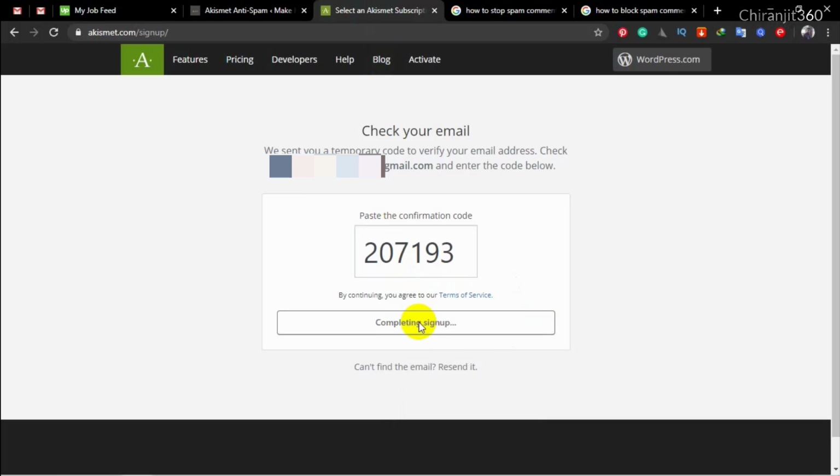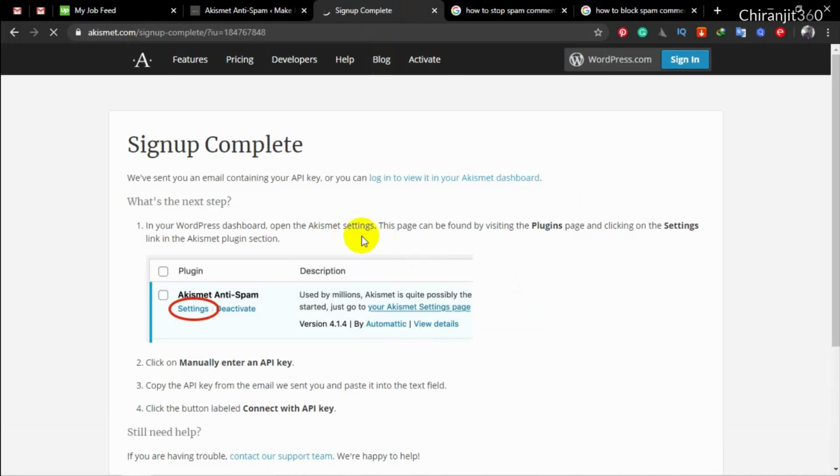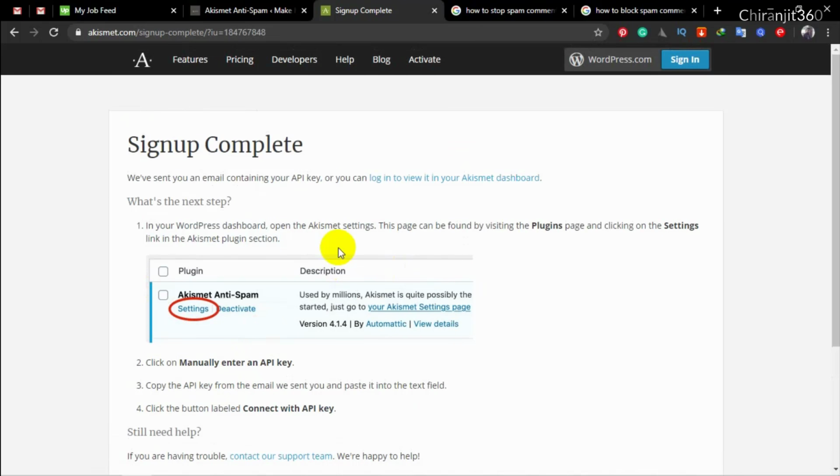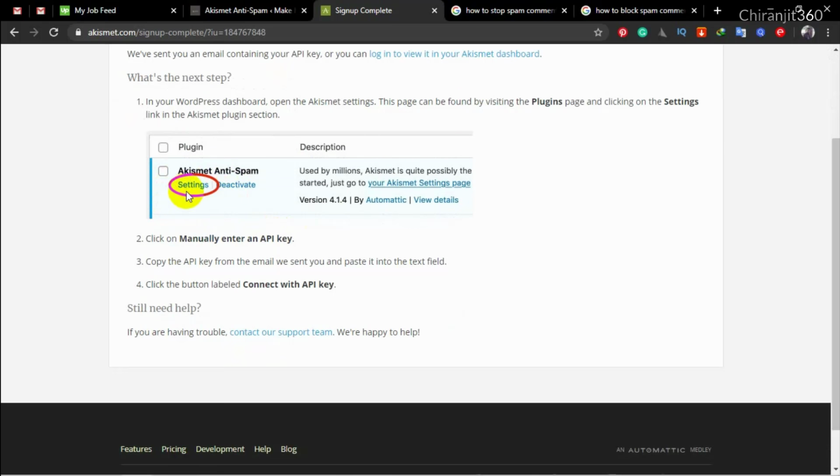It will take some time, so just wait. Okay, now you can see how you can set up this plugin. Just click settings and then click manually enter API key.